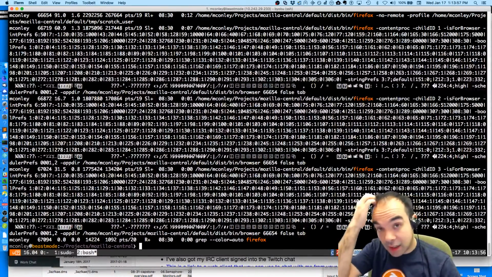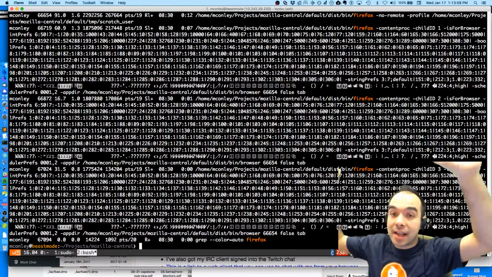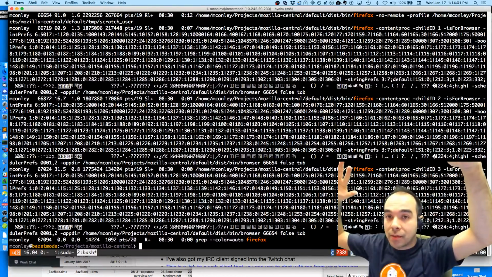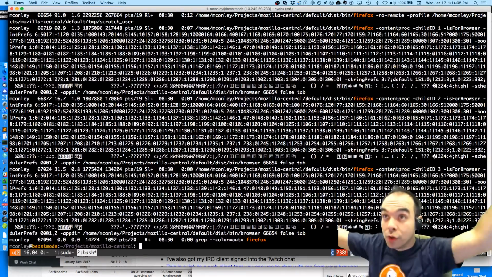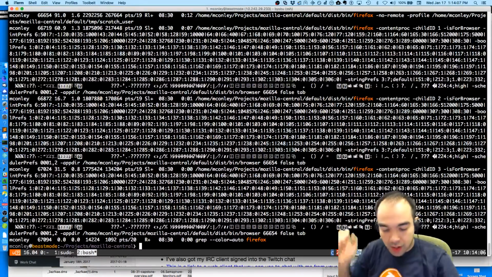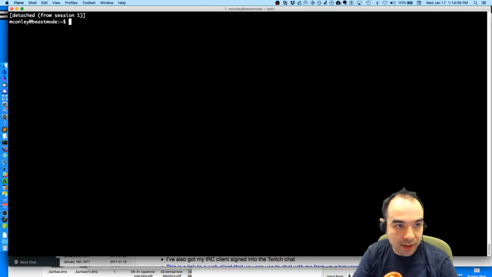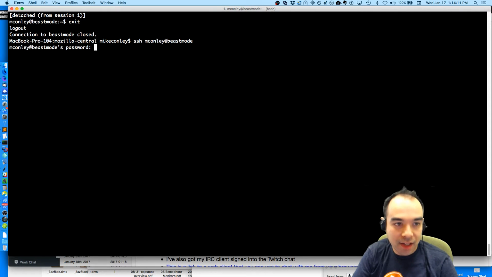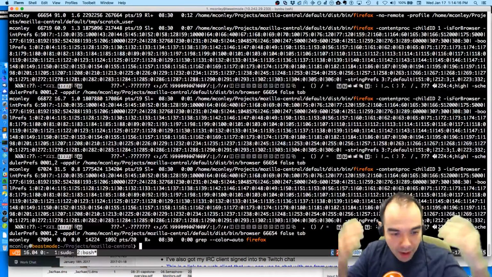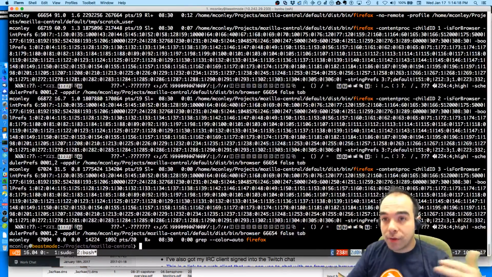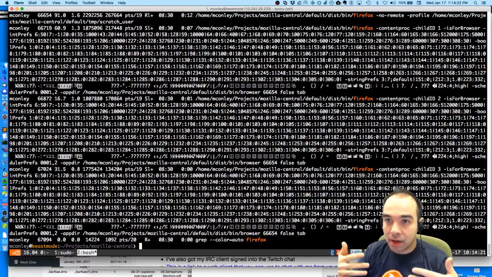I use Control D to detach, and that means the screen state is still running. That's super useful if I think I'm going to be logging off, or I need to kill the SSH session, but I don't want to lose the session. I'll hit Control A D to detach, and then exit, and then I'll SSH back in, and rerun Byobu, and then I'm back where I was. That's super useful if you're doing some long-running operation and you don't want to keep the SSH session open. Maybe you're going to lose network connectivity soon, or you have to close your laptop.